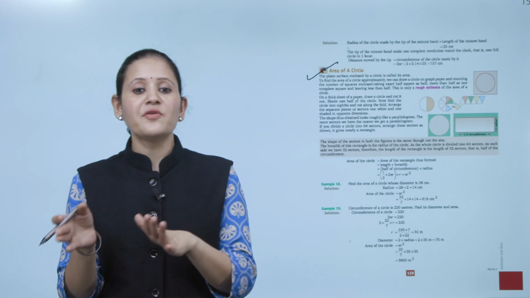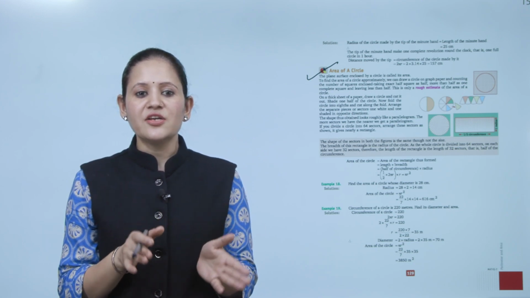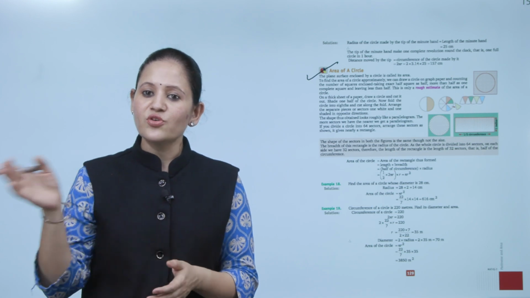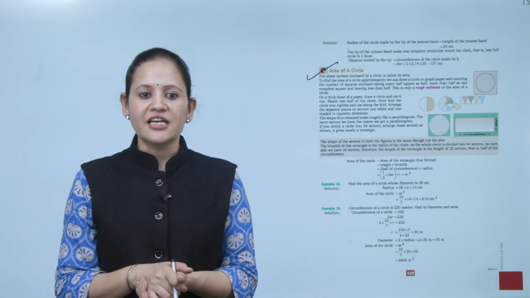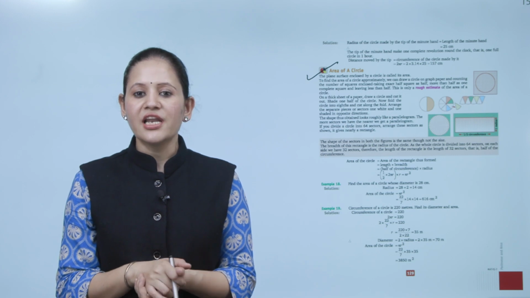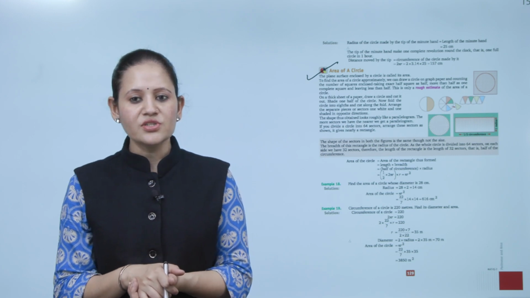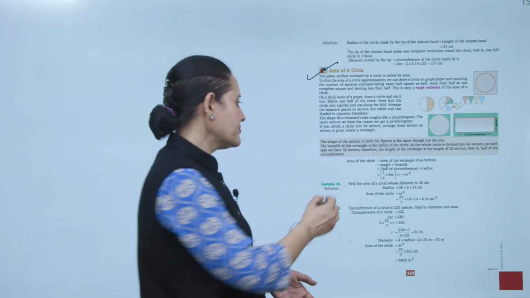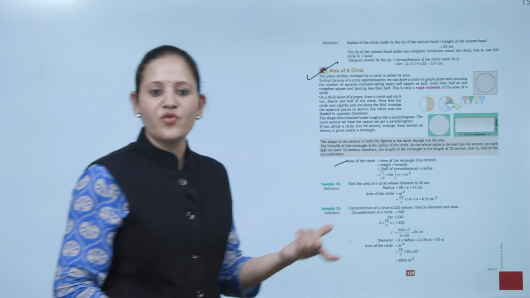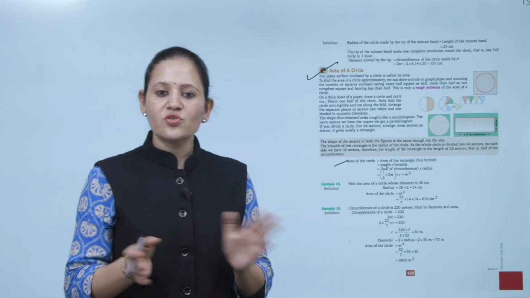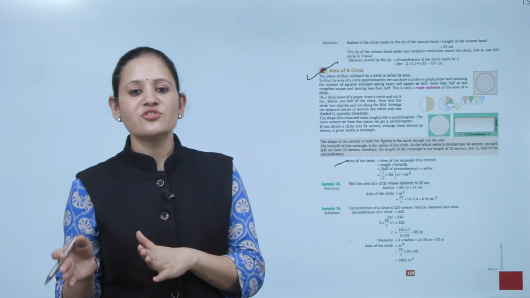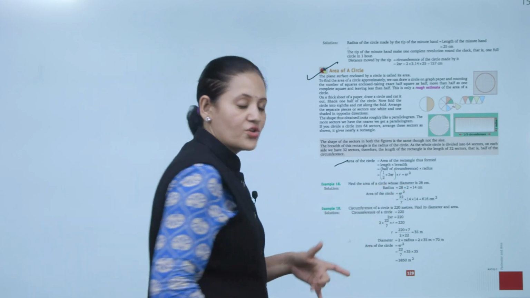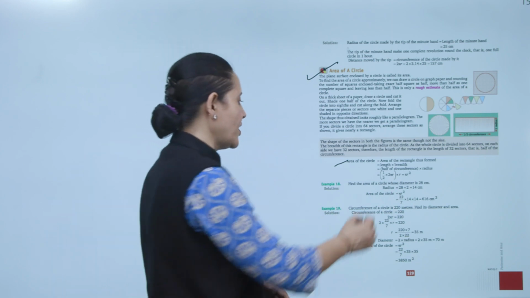जो breadth होगी वो किसकी equal होगी? That is equal to the radius of the circle. As the whole circle is divided into 64 sectors, on each side we have 32 sectors. Therefore, the length of the rectangle is the length of 32 sectors. That is the half of circumference. So, area of circle हो जाएगा area of rectangle thus formed, that is equals to length into breadth, half of the circumference into radius. So 1/2 into 2 pi r into r. So area क्या हो जाएगा pi r square.